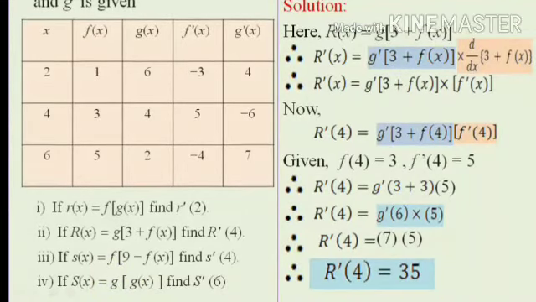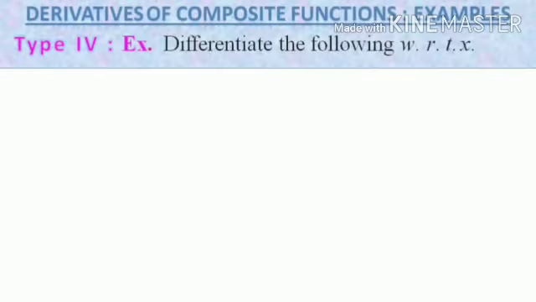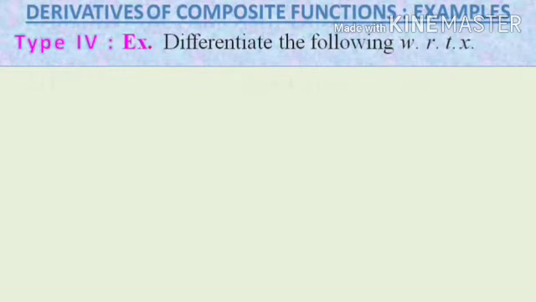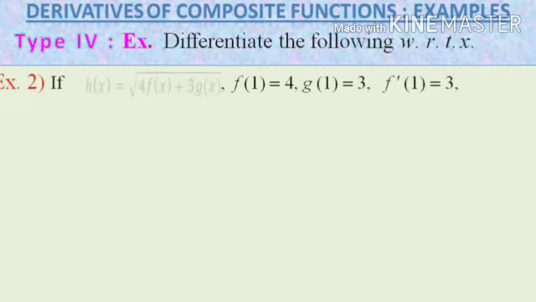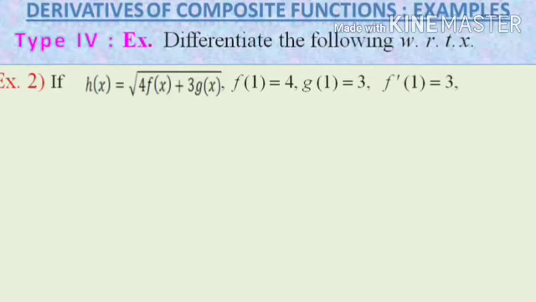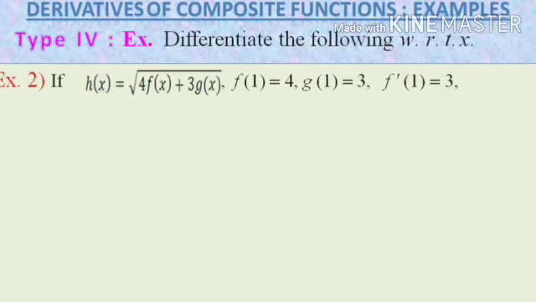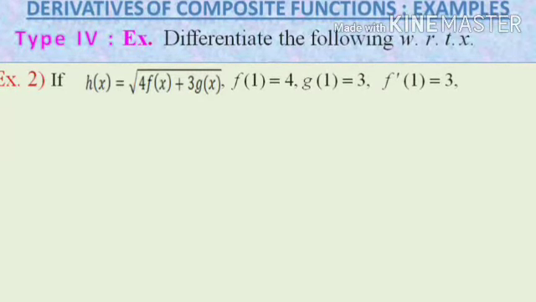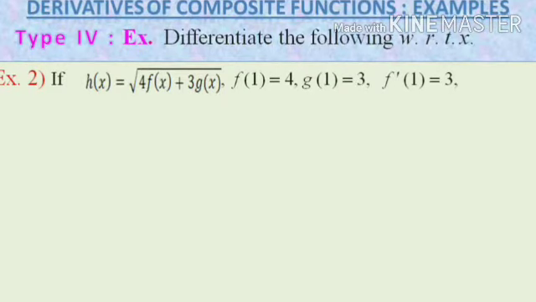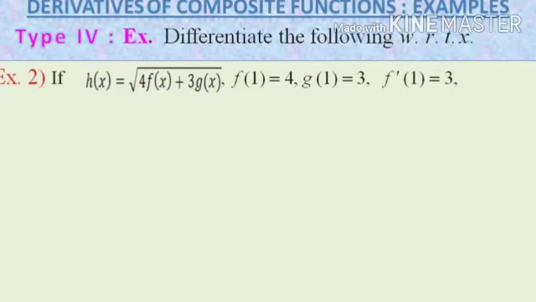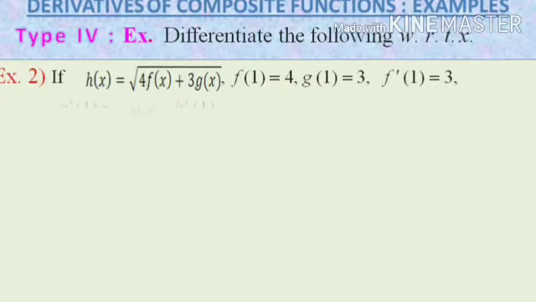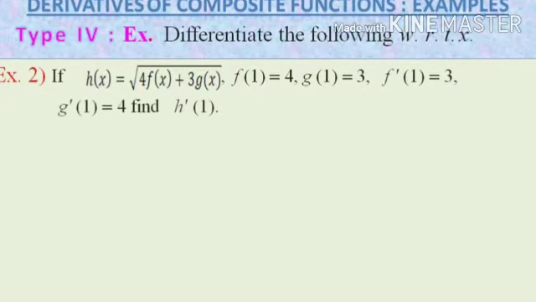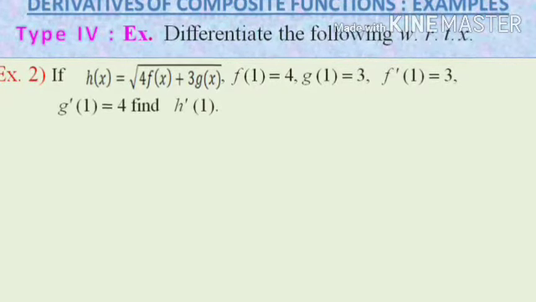Okay, now taking another example of type 4, that is if h of x equal to root of 4 f of x plus 3 into g of x, where f of 1 equal to 4, g of 1 equal to 3, f dash of 1 equal to 3, and g dash of 1 equal to 4, then find